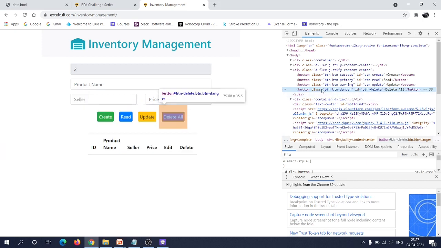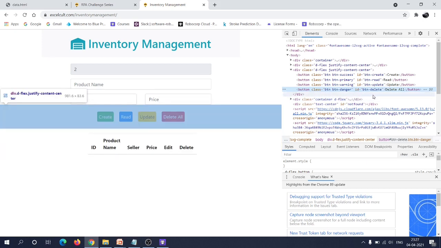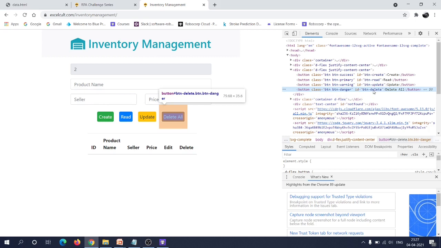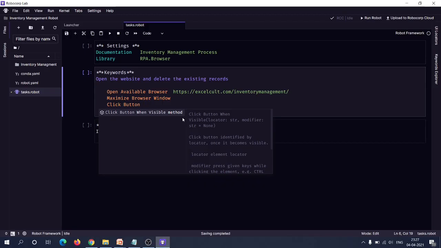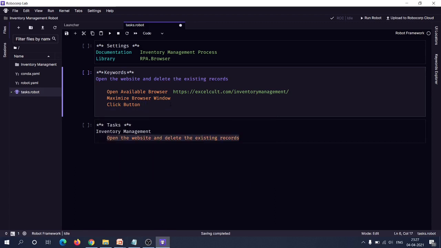Also you can specify the XPath of the button, but here I am specifying the ID of the button as the locator. So let me just copy that ID value and pass it as an argument to this click button.